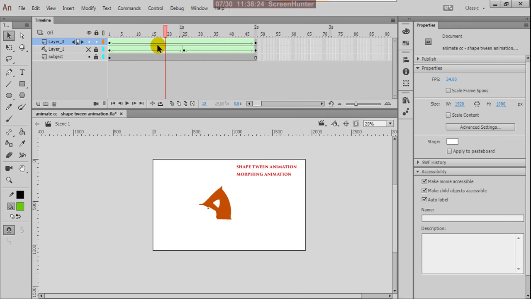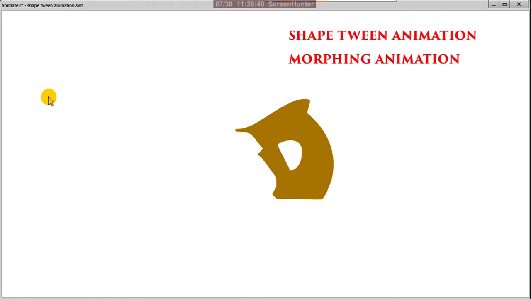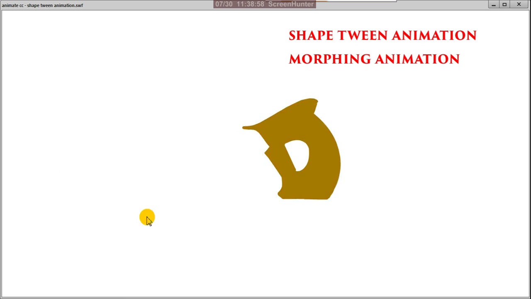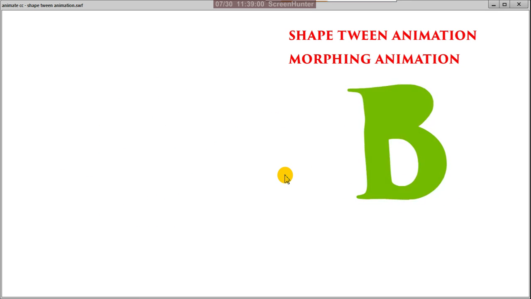So these are the shape tweens. Because there is a guide mark here, on stage both animations, the star to the circle, are appearing, but when I give Control Enter, only one animation, the text animation, is showing.